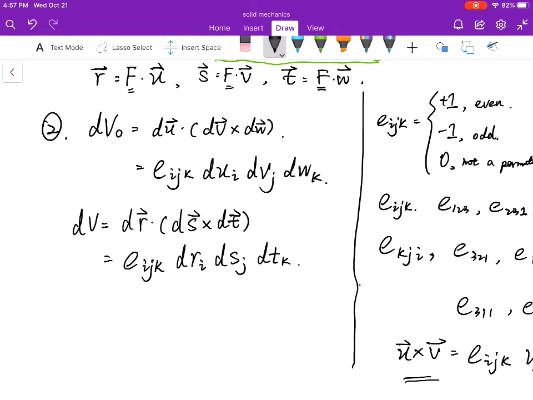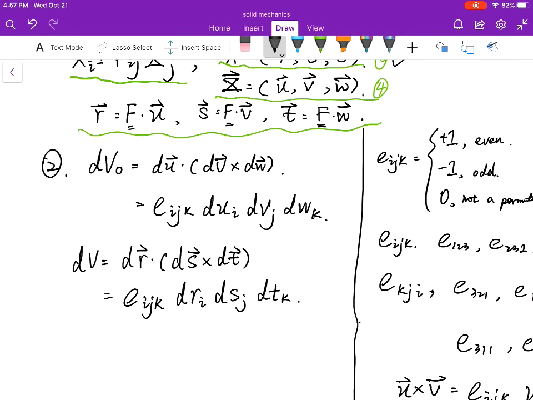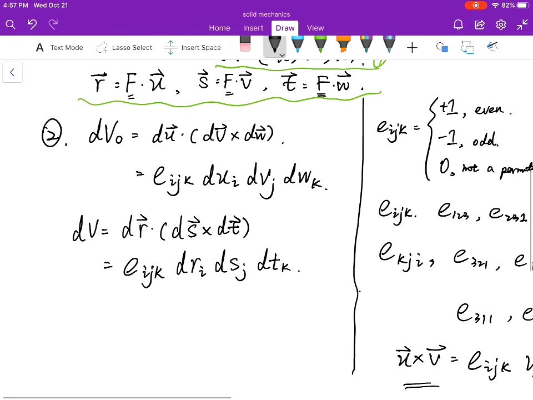And this is for the volume of the element in the current configuration. Because of this, and recalling this relation, we can write dv as,